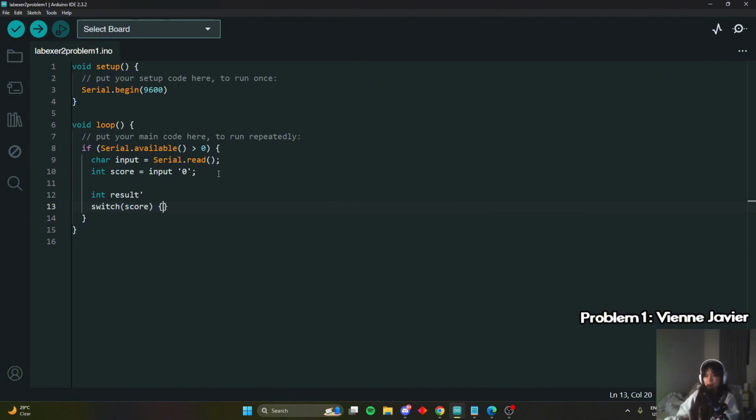Now, here comes the interesting part. Basically, we will be using a switch statement to handle different cases of the input score. And depending on the value of the score, we calculate the bonus accordingly. So, since there are 9 numbers that we will be dealing with, we will create 9 cases for each of them. So, case 1, case 2, case 3. Set result to score multiplied by 10, like so, and then break,